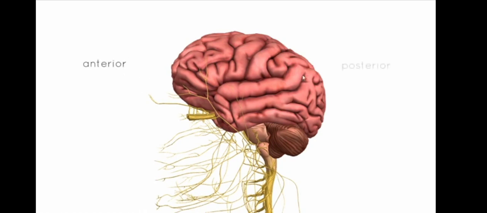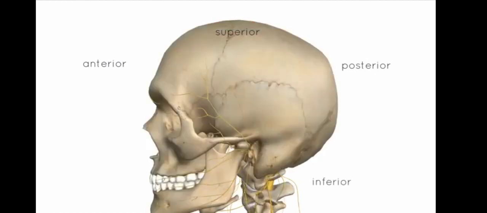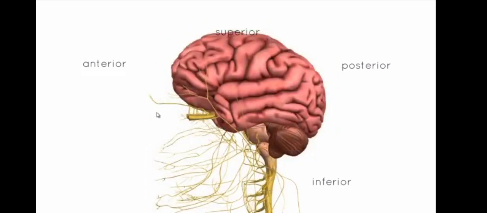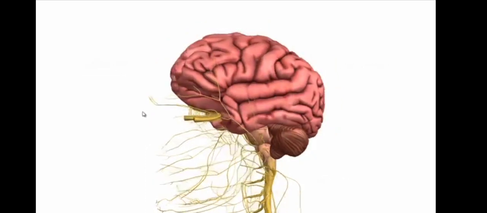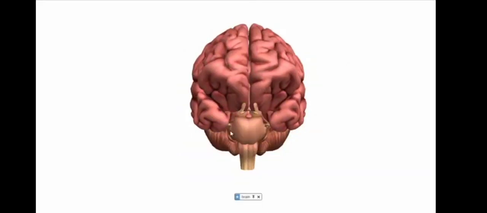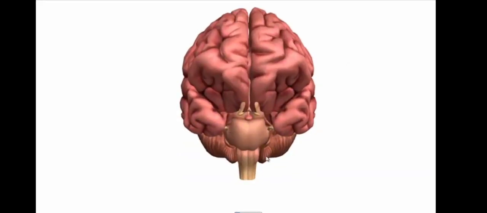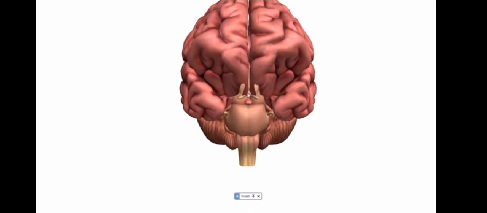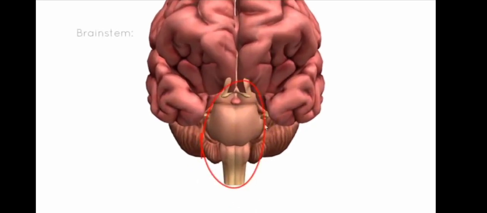So now coming to the different views. That is anterior, this is posterior, here is the superior, and this is inferior. If you see the skull, this is how it correlates. Now we'll rotate the brainstem, and here we'll remove the nerves, and this is the brainstem, which is seen of three parts: medulla oblongata, the pons,